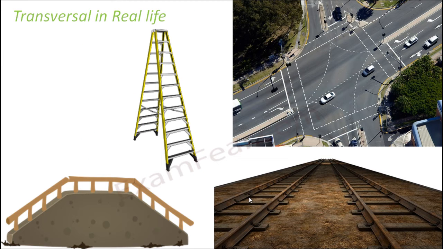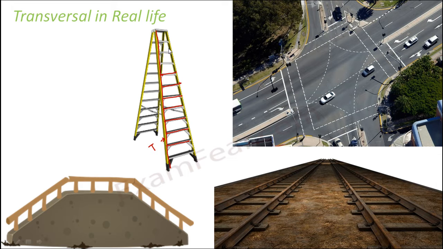Okay, so now let us look at these lines. Where do we see them in real life? Do we see transversals in real life? Do we see these kinds of lines? Yes, of course. The most common example would be a ladder. I'm sure all of you would have seen and used a ladder. When you look at the ladder, you see that the steps of the ladder are just like parallel lines. They are all parallel to each other. And the rod of the ladder is like a transversal, which is intersecting these multiple parallel lines. So this one is like the transversal and these are like the parallel lines. So that's one transversal that you would have seen.